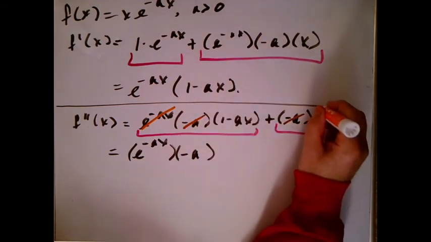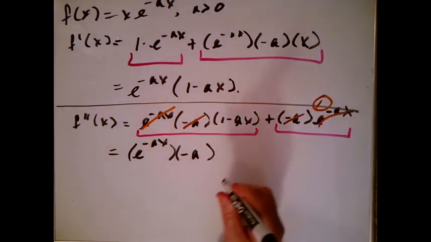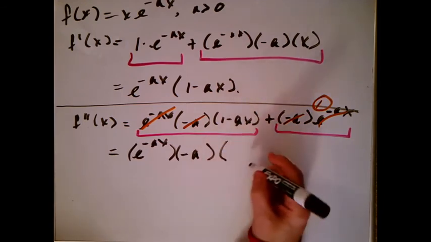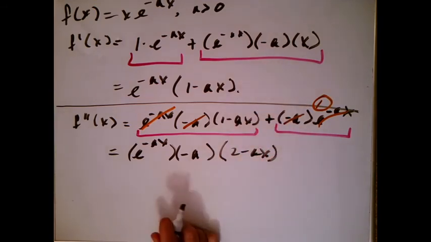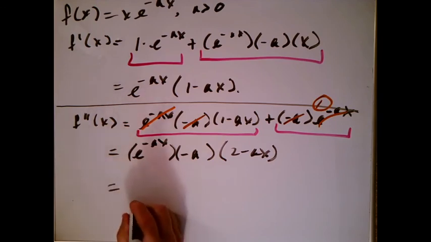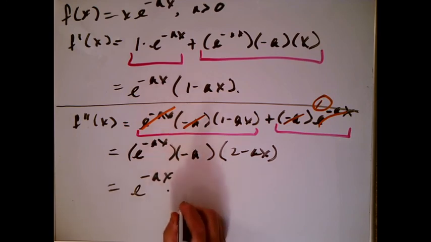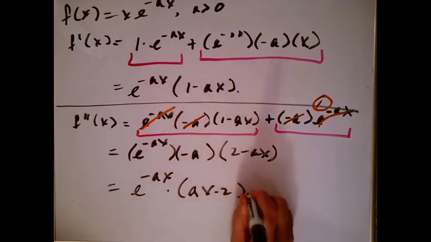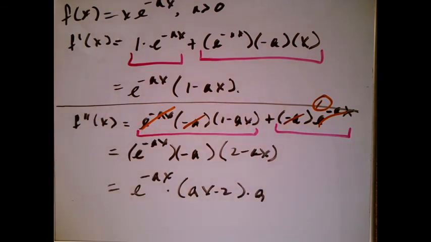So what's left actually here, by the way, is 1, not 0, because we're dividing, not subtracting. And what I have here is just going to be 1 minus ax plus 1. Well, that's going to be 2 minus ax. And if I don't like the way that looks, I can take the minus sign here and put it in. So let's take the minus sign there and put it in. And I'm going to get e to the minus ax times ax minus 2 times a. And there's my first derivative, and there's my second derivative, both simplified, and that's the end of part